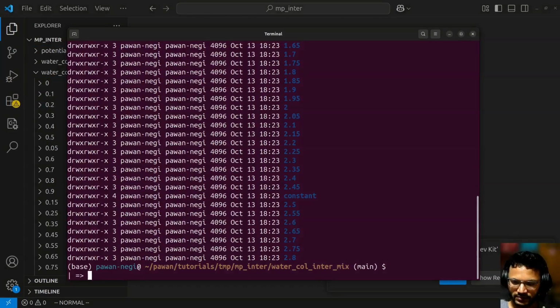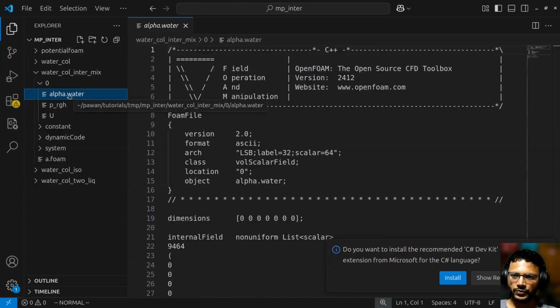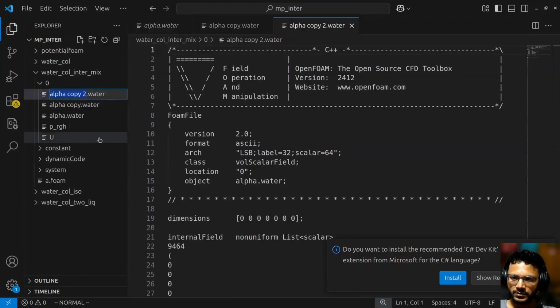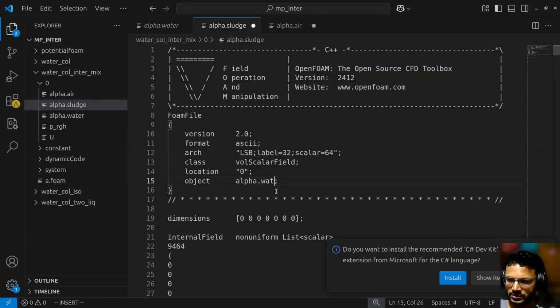Let's also clean this first. Now here we have only one phase right now. We'll add the other 2 phases as well. We'll just copy this, rename this as alpha.air and alpha.sludge. Now for alpha.air we are going to have this as air and then sludge here,